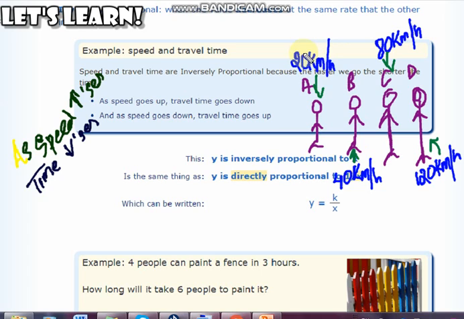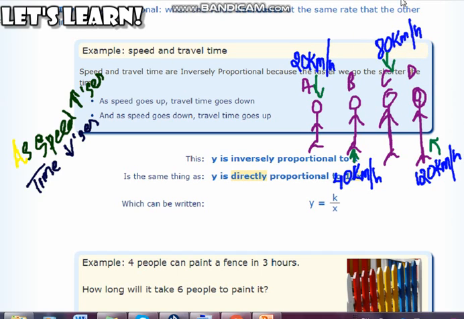If you see over here, man A is traveling at a very low speed. So he is likely to reach the destination very late. Whereas man D is traveling very fast at a speed of 120 km per hour. So he is more likely to reach his destination first. Whereas अगर हम इसको अरेंज करें, सबसे पहले हमें लगता है कि मैन डी रीच करेगा to the destination because he is traveling at the highest speed.